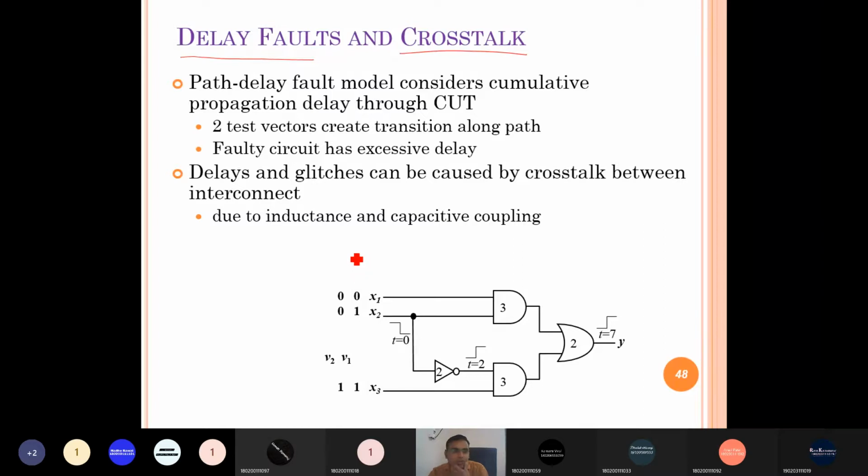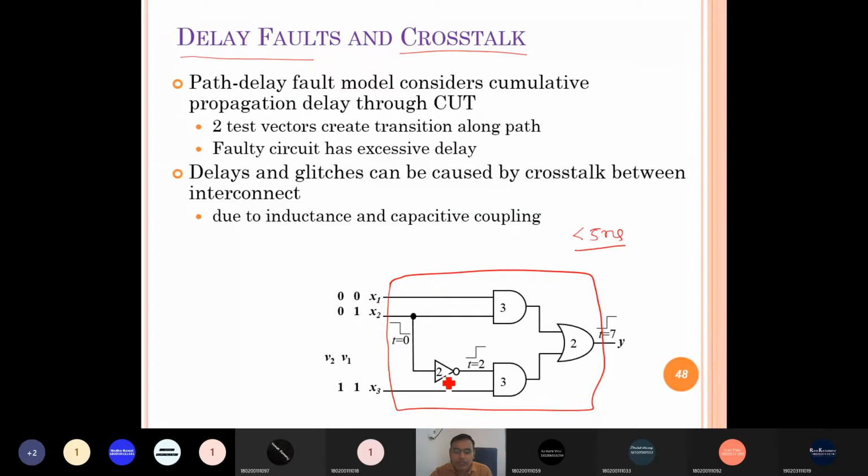Delay fault means some logic gate takes excessive propagation delay, and it does not match our design specification criteria. Suppose we have a circuit design, it should work at a maximum propagation delay of less than 5 nanoseconds.